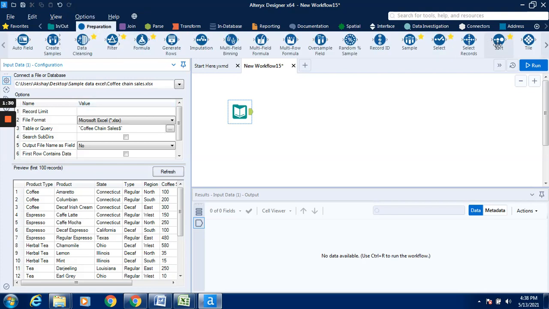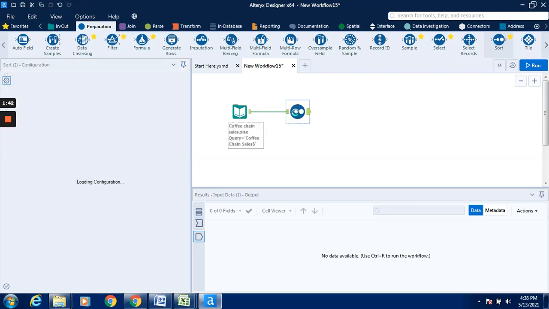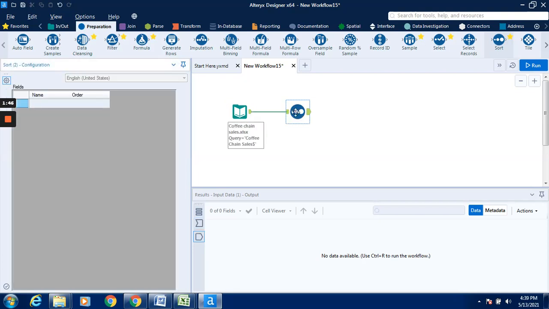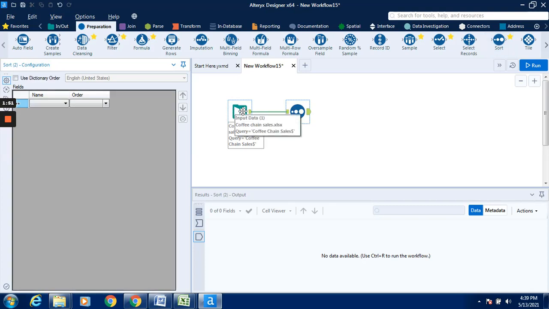Now we have to drag this sort tool and connect it with this input data. As soon as I connected it to the copy chain sales input data tool, this anchor becomes green, so the input has been taken. Here you can observe